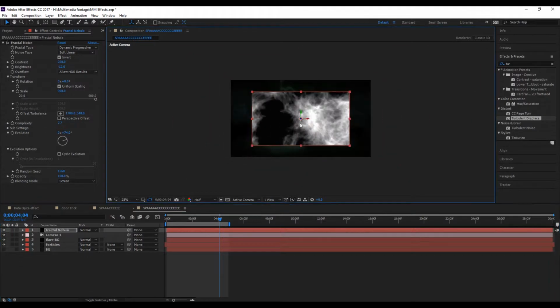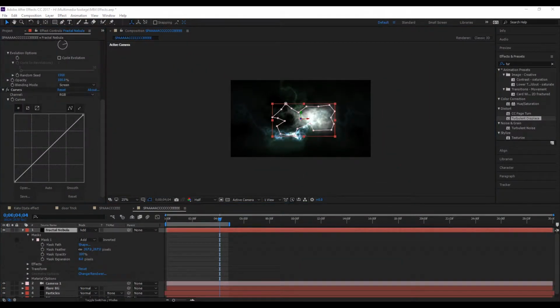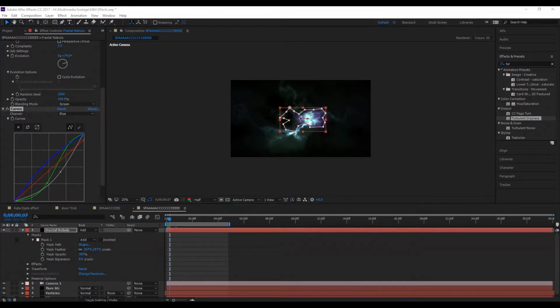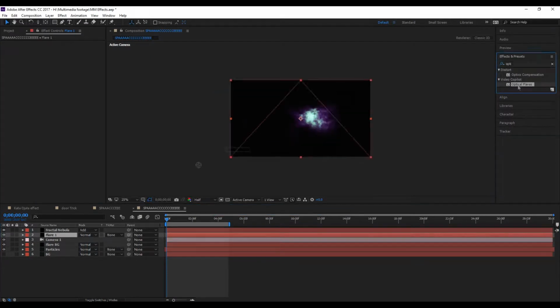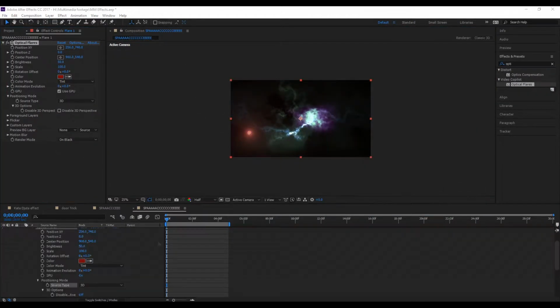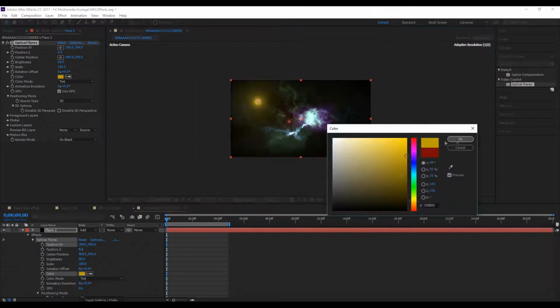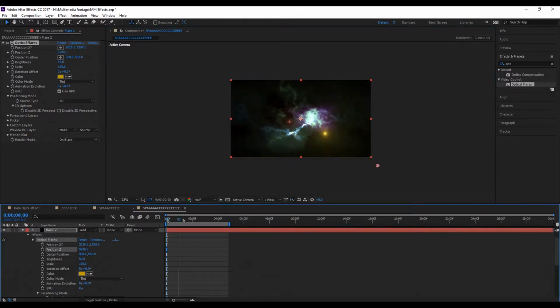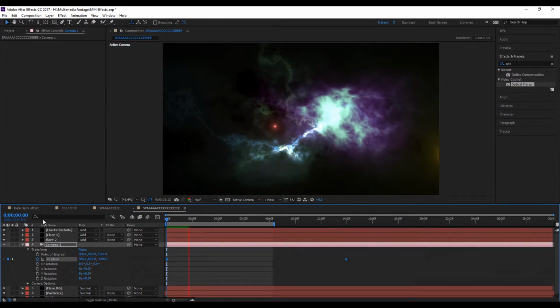Then I created a fractal noise layer, which I cut a small bit out, feathered, and then changed the colors to make it look like another secondary nebula over the distorted flare. After that, I added a few more optical flares, which would be stars. I didn't really like these at the start. It took me a while to get used to them. I had to change a few things, but I found that if I put them far enough away, they looked more like stars. When they're too close, they look kind of like headlights from a car,